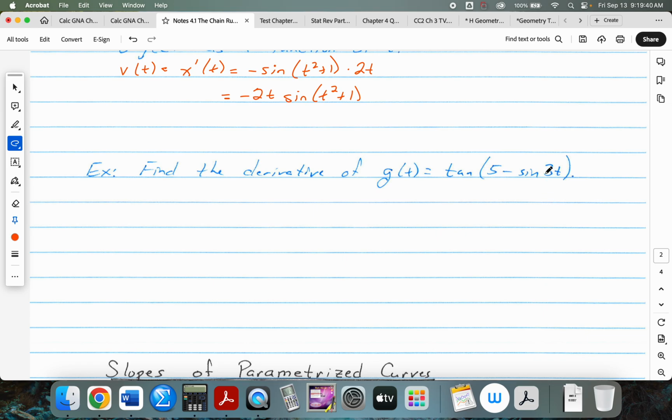It's sine of 3t. What I do on these is put in another set of parentheses before I start taking the derivative, to remind myself that I have